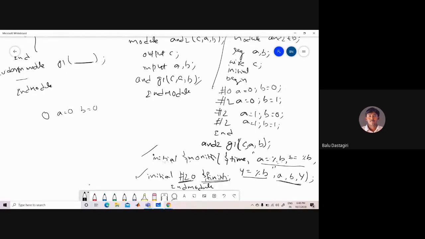After that, the cursor comes here, AND G1 (C, A, B). It looks for the module with the module name AND, so the cursor goes to the main module here. Now it will see what the logic is here. In G1 (C, A, B), A and B are the inputs and C is the output. I have specified A equal to 0 and B equal to 0, so the AND operation of A and B is 0. So the output C will be 0. Here, whatever you take as C, I have taken Y.